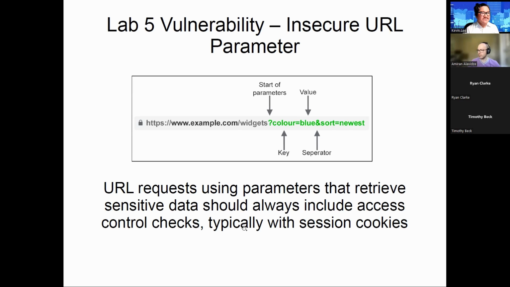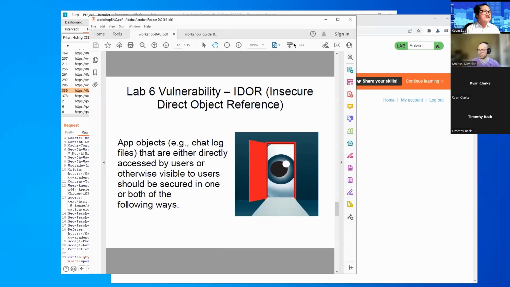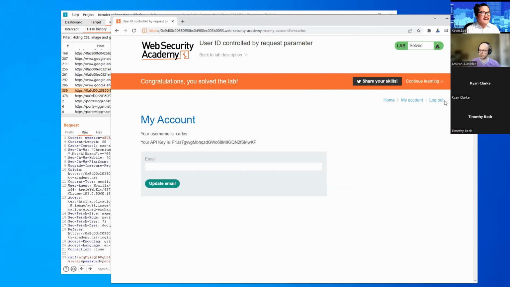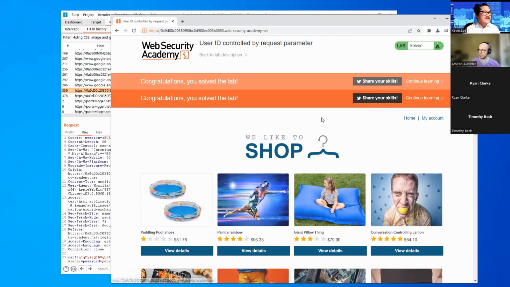Like we said here, the app should test whether or not you are the user in question when you try to access that user's profile page. If we were to log out of the app, so we click on log out, we're not any user right now.